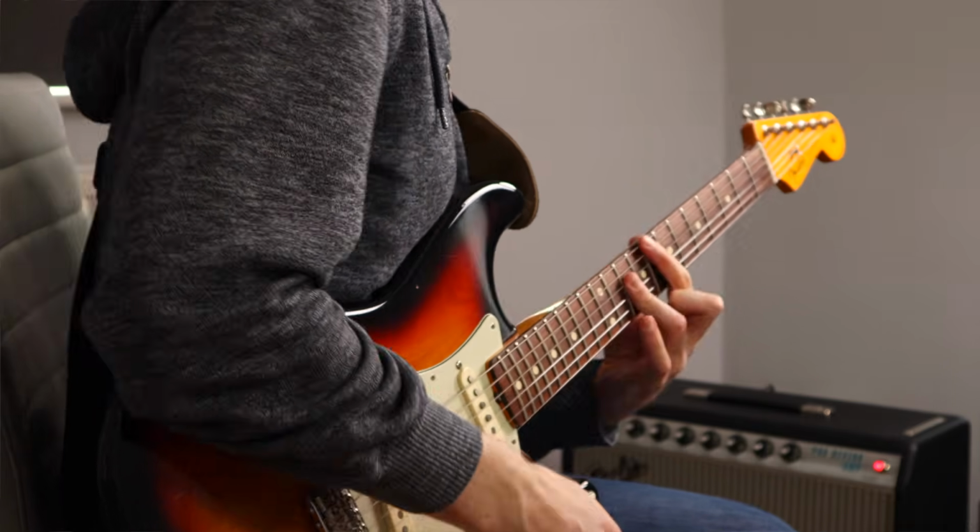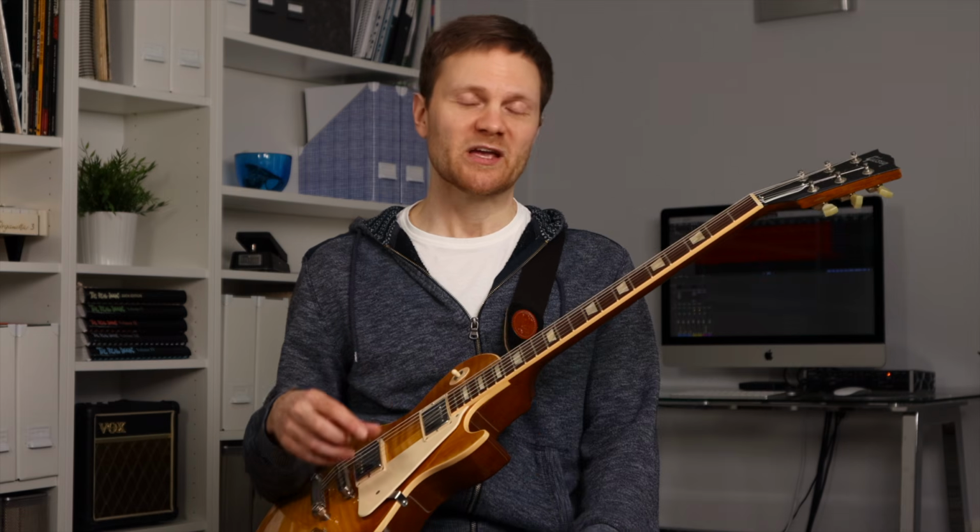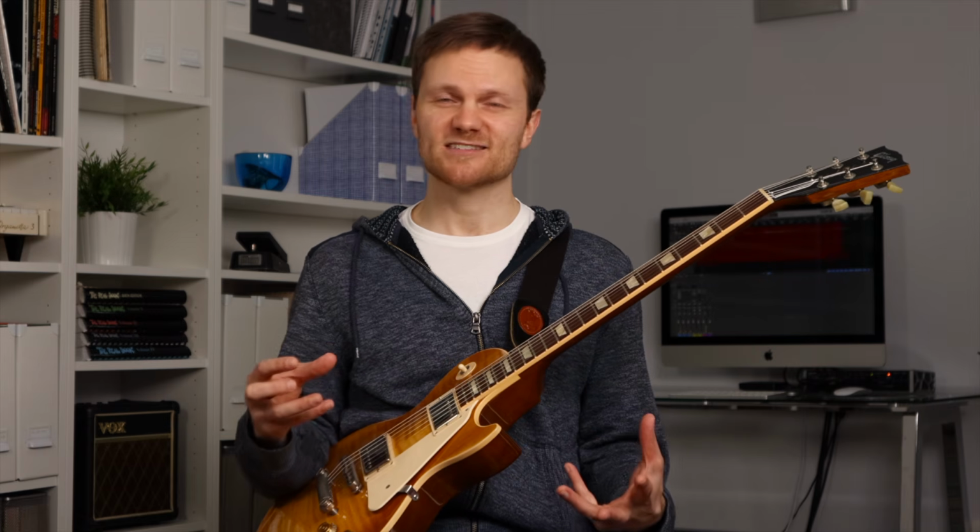As someone who's done quite a lot of work in function bands over the years, I know how useful it can be to get more from less when it comes to your equipment. A lot of those cover gigs, bandmates and audiences can expect you to match really iconic guitar sounds in a flash, as if you could magically whip a '59 Les Paul out of a hat or something. But even if you're not in a function band, maybe you're on public transport and